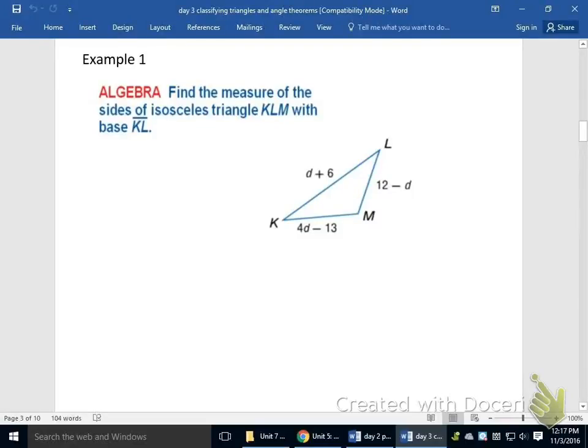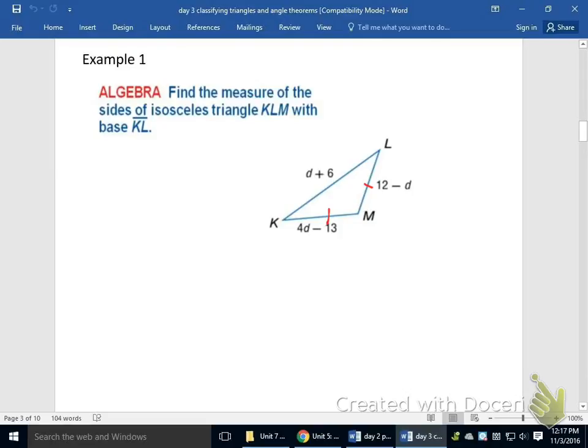Alright, this is still Unit 6, Lines and Triangles, and this is Day 3, Classifying Triangles and Angle Theorems. On this first example, talking about isosceles triangle, it says that the base of the isosceles triangle is segment KL. What that tells you is that segment KL is the side that is not congruent. The other two segments, KM and LM, those are your legs of the isosceles triangle, so those are your congruent